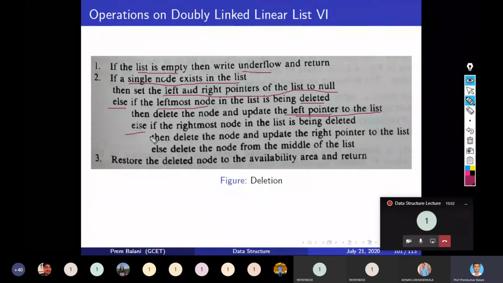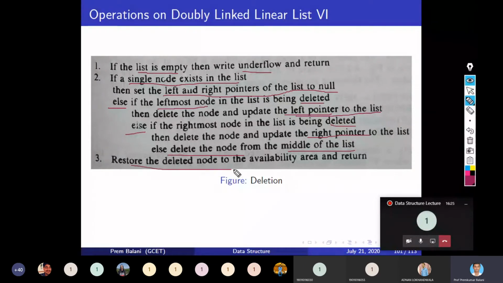Else, if the node is not the leftmost node and is some other node, then if the rightmost node in the list is to be deleted, that means the last node, then delete the node and update the right pointer. Or else delete the node from the middle of the list and update the links of the neighboring nodes, right?